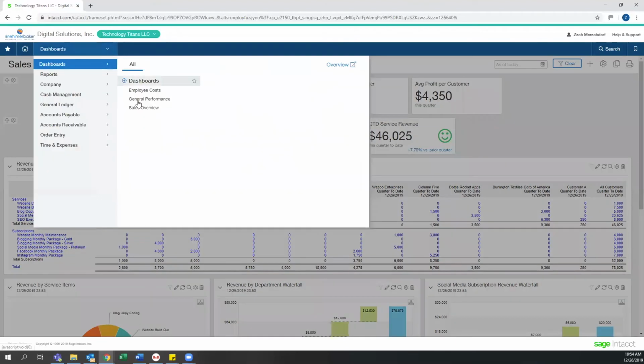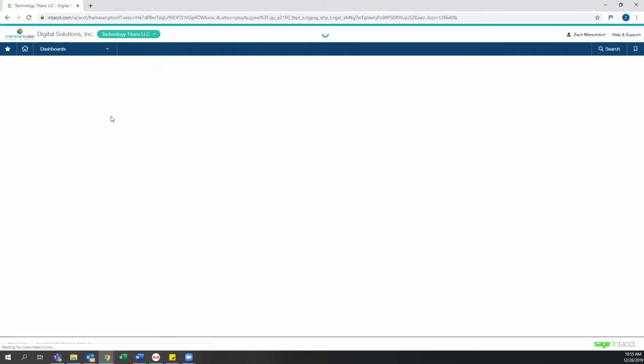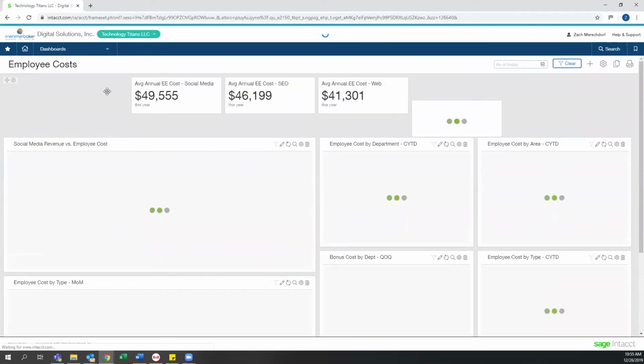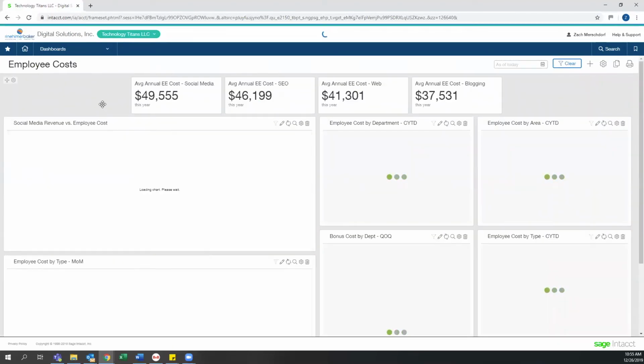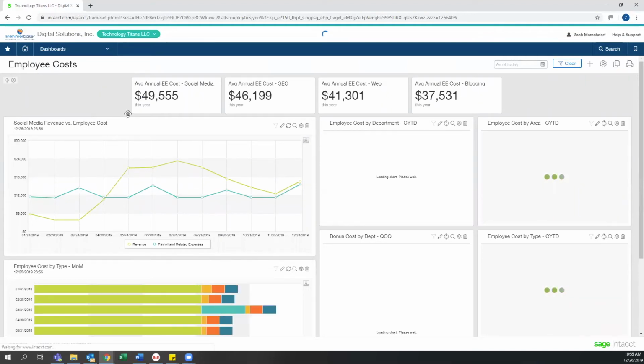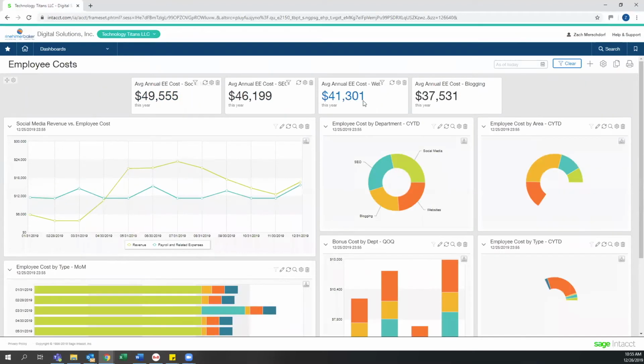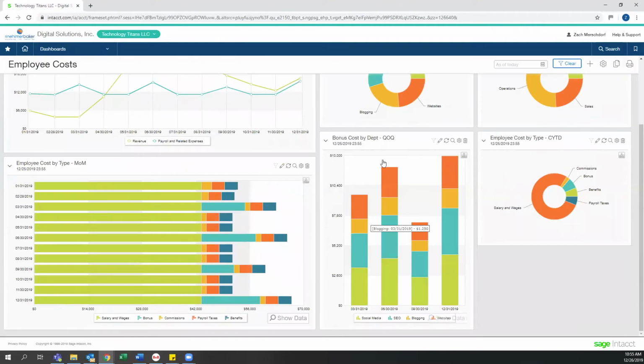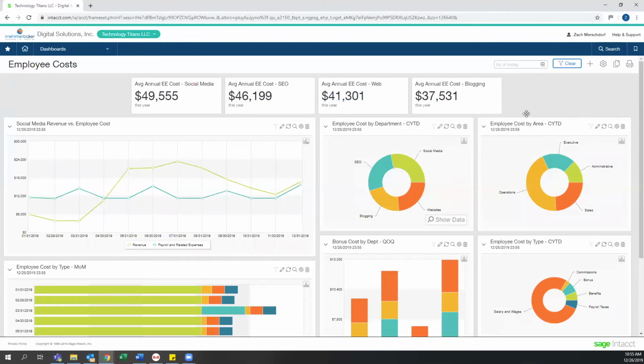So I'll jump over to another one here, an employee dashboard that we have set up. And this is kind of a high level overview, but it's showing your average employee cost by department. Again, some more cool graphs looking at your month over month employee cost, what's salaries and wages versus bonus, commission, what's my bonus cost by quarter by department. Again, just more insightful data